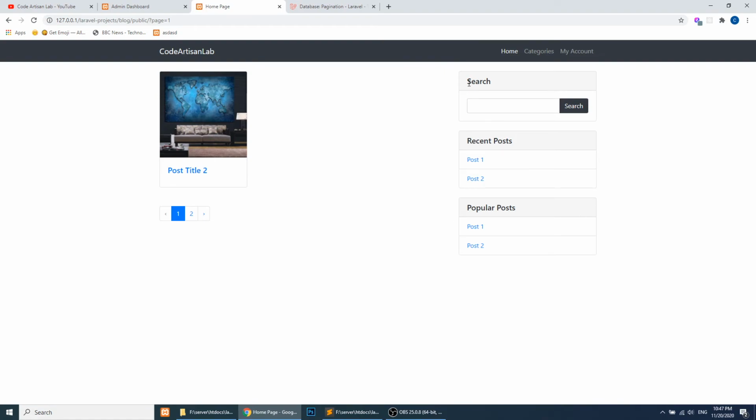In the next video we will work on the sidebar. We will see how we can show common things on every page, and how we can perform this in Laravel. We have lots of things that we need to do. We need to fetch the categories, we need to build the My Account section, and we also need to create the facility for users to add posts from the front end. We will do this step by step in our next videos.